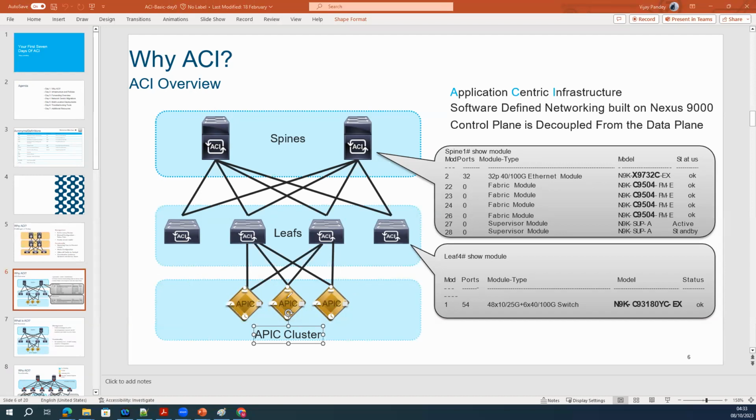If 2 APICs are down, the database will react differently. To prevent data loss from the database, they came up with the 3 APIC concept. That's a totally database-based concept. Which database does your APIC use? MongoDB.